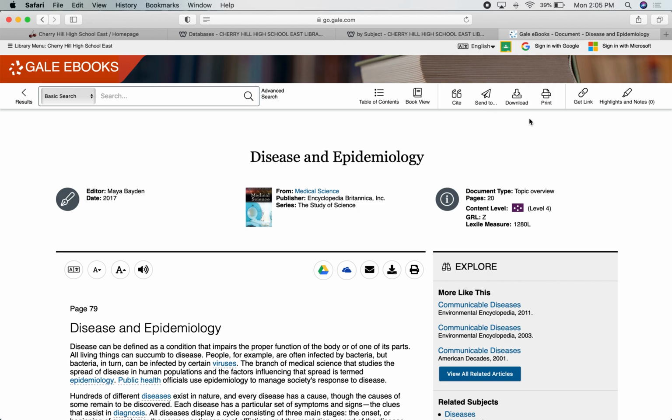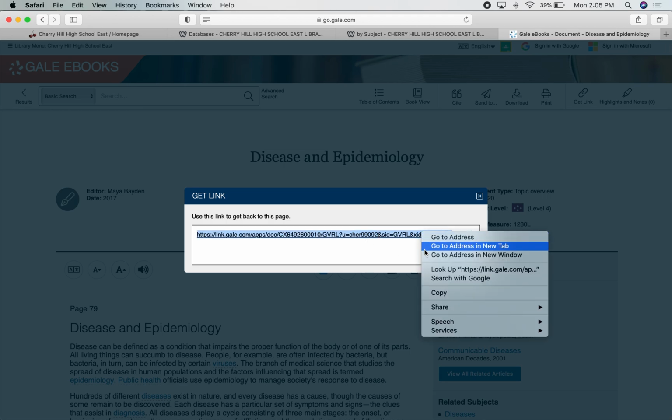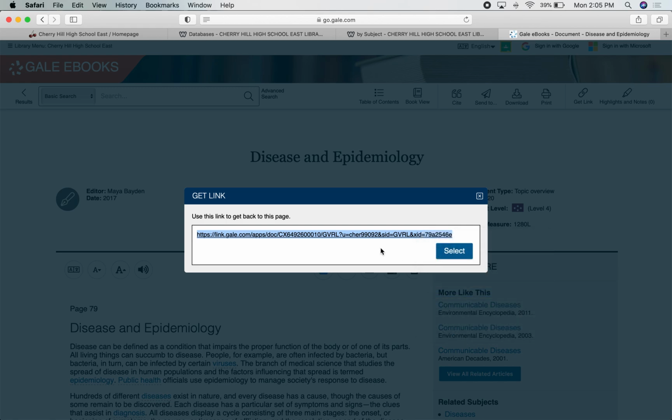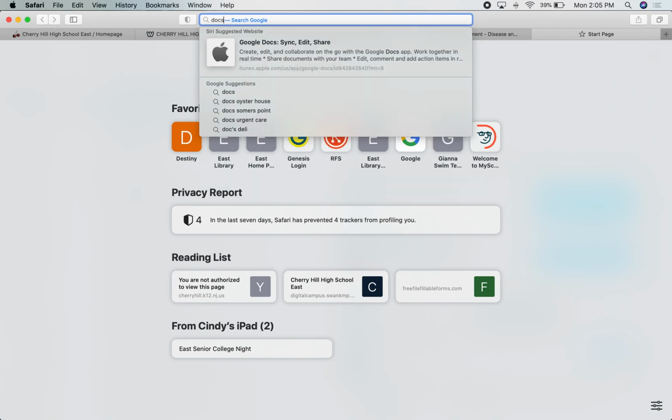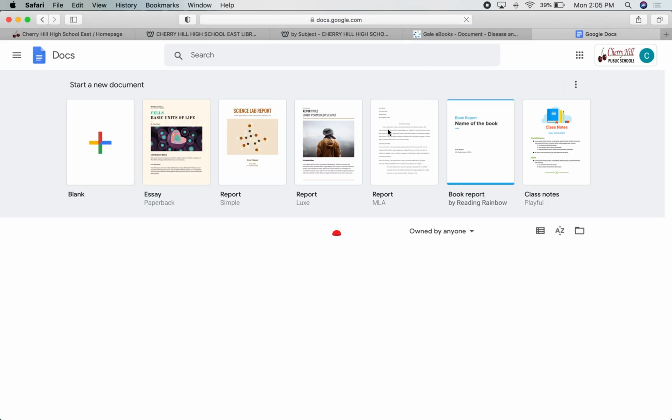And also of importance, on this page, it looks a little bit different in the Gale Virtual Reference Library, but where it says here, Get Link, this is what you would want to select here, and then right click and copy, so that you can then add this to, if I go back into my docs,